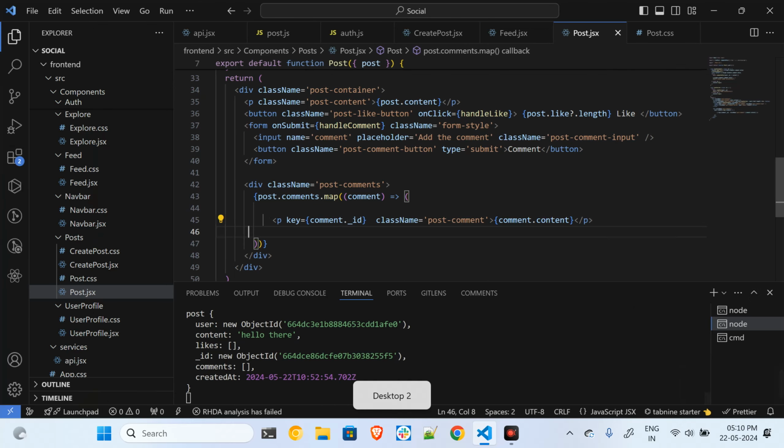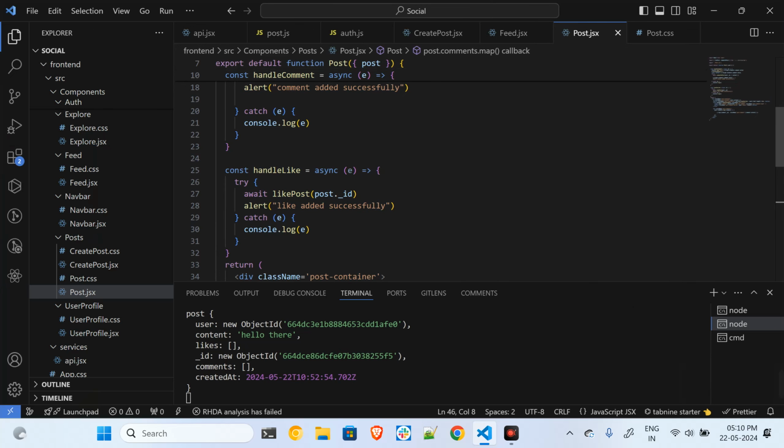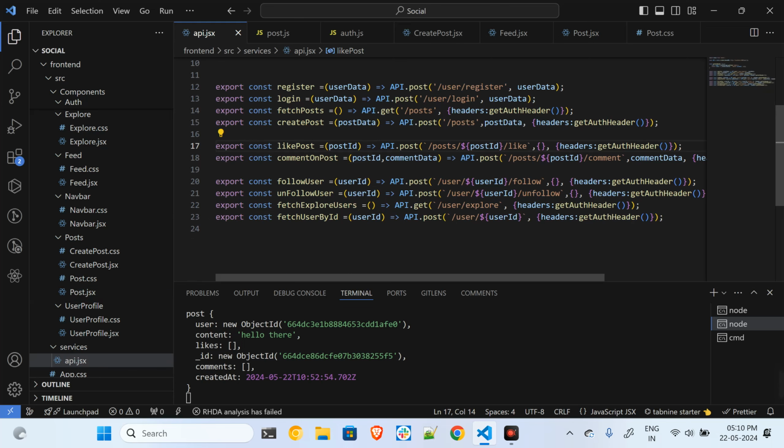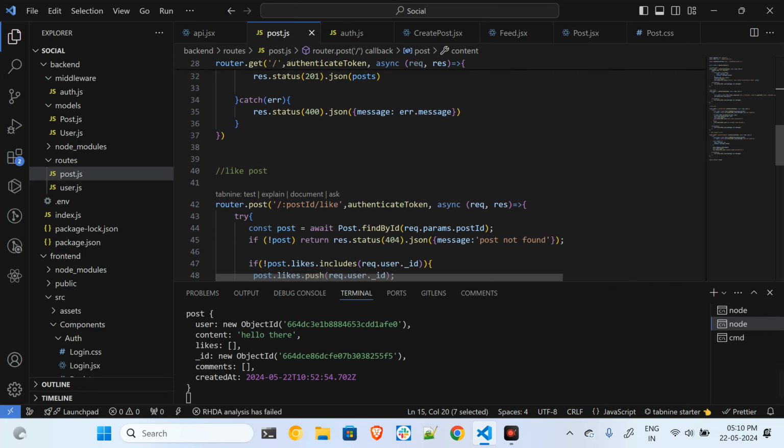I will check why this likes is not working over here. So handle like. I will go inside this post like, and I will check what's the issue. Like post, this should work fine, I guess. If I go inside of this like post,